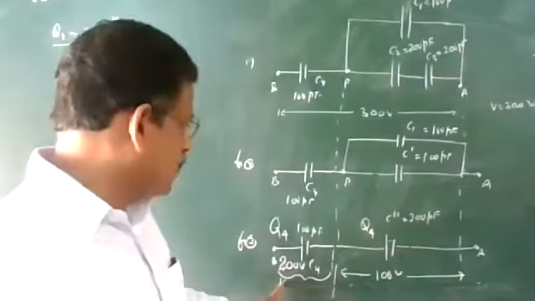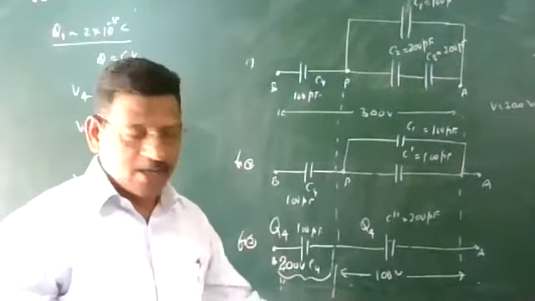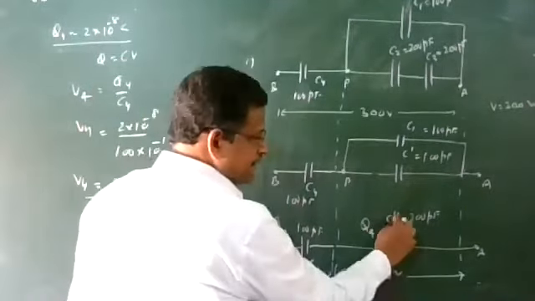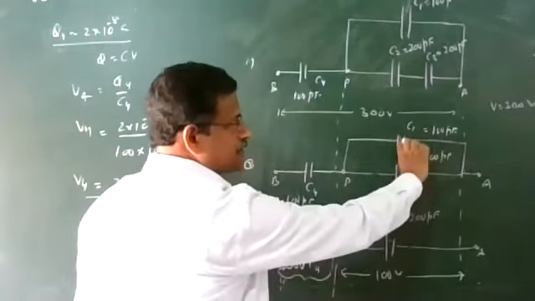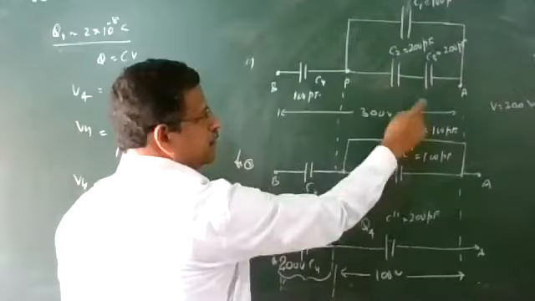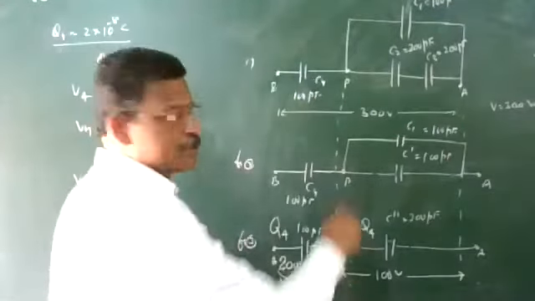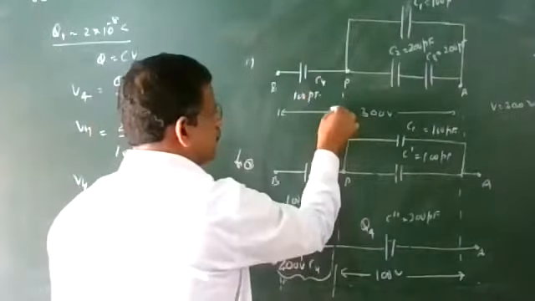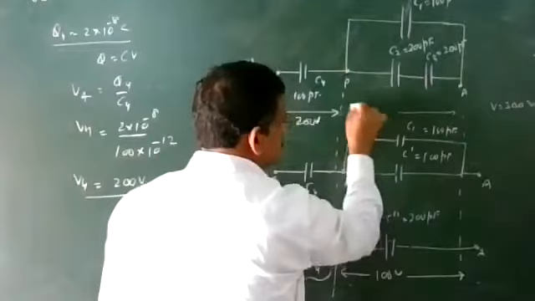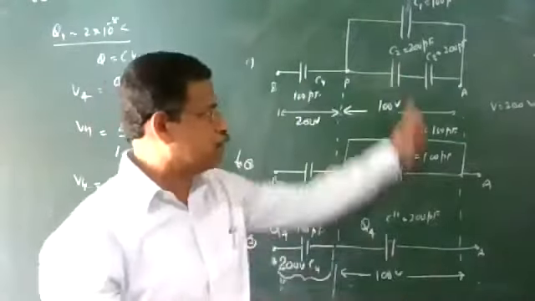So just now we calculated PD across C4, 200 आ गया, बाकी voltage 100. अब एक ऊपर जाएंगे. So when you do this, C double dash is the equivalent capacitance of this combination. ऊपर की तरफ चले जाओ. And C. So between P and B, what is the potential difference here? C4 में potential difference है 200 volts. So what is P and the potential difference? P and the potential difference is 100 volts. That is why the diagrams are drawn one below the other.